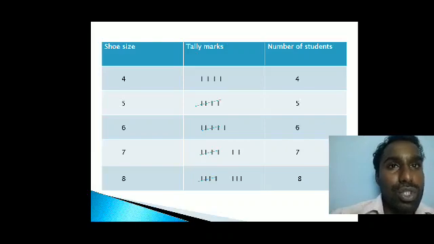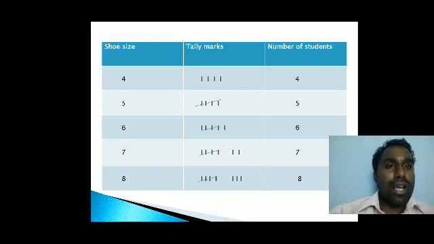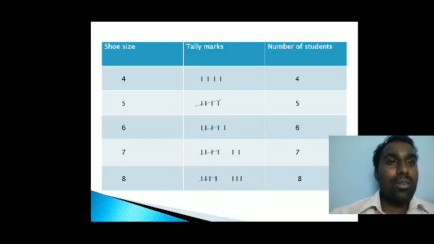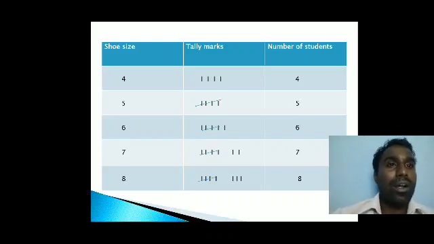So for shoe size number 5, 1 2 3 4, the fifth one you have to cross in a slanting manner. Okay, crosswise. If it is crossed, it means totally 5. Okay, 1 2 3 4 cross 5, that means 5 counting. If we count this, we easily get it. See, why do we put the cross mark? One cross mark means it is totally 5, and we can add another one easily. So 1 2 3 4 and 5.